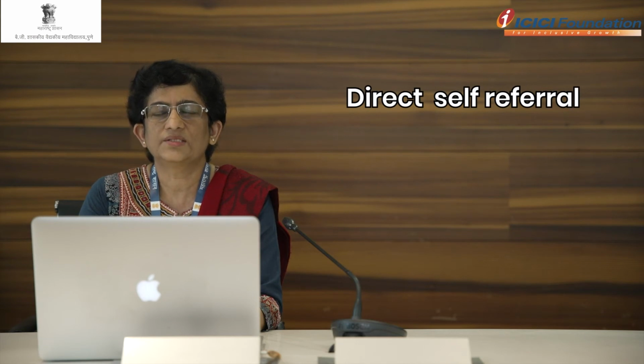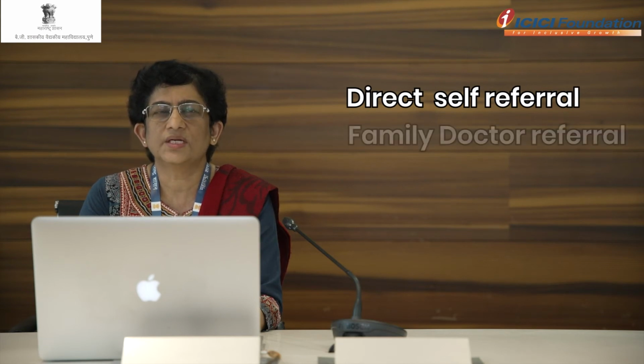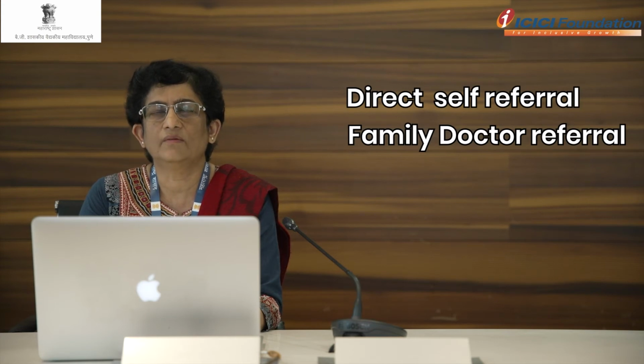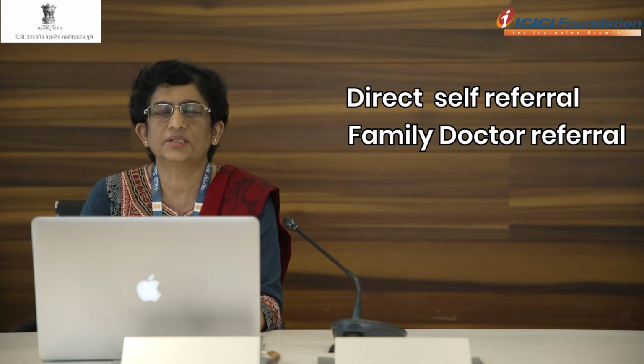The second place from where the patient will come is from home. They first go to their family doctor or their general practitioner, and then they may come to the government hospital or any private hospital where they would like to go. Here you will have some health record data generated by the first contact doctor. That could be the family physician, general physician or any other doctor before they reach a tertiary care hospital.